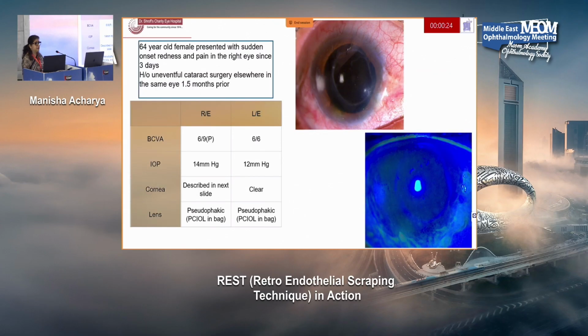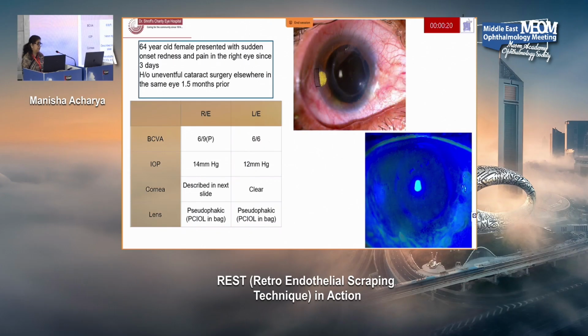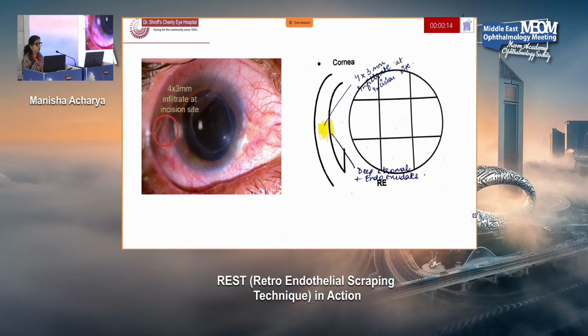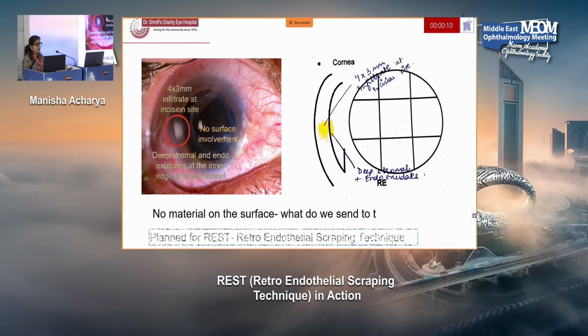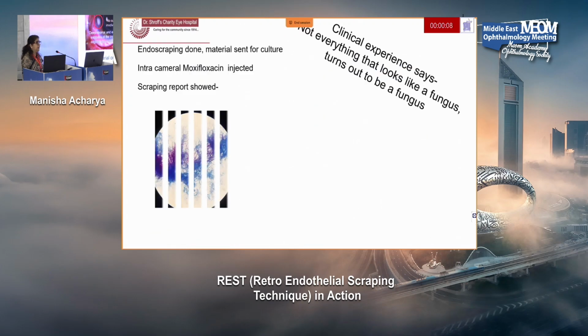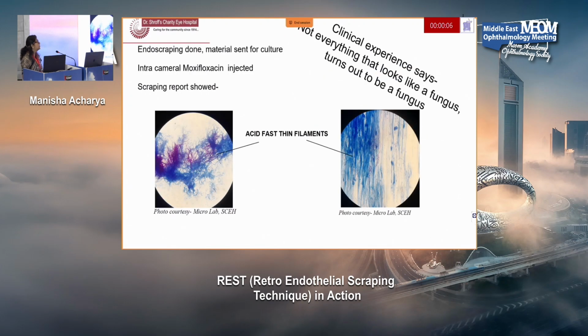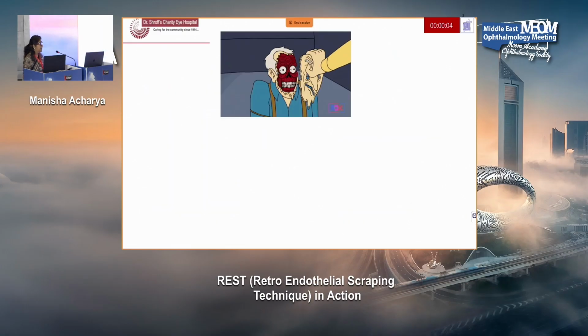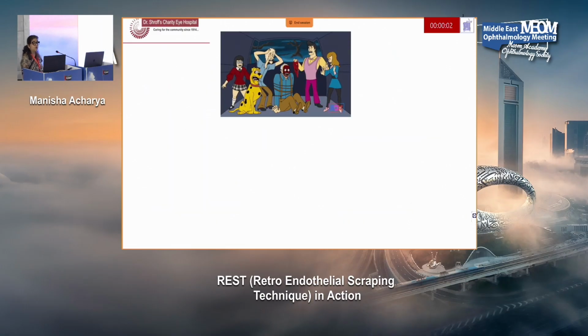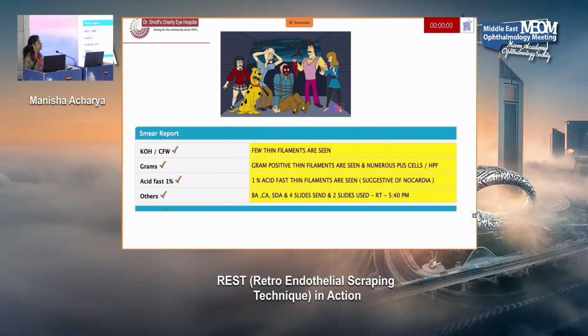Similar case presented to us, wherein again you see on this area, the temporal incision, which is there inside, we went in for rest. And what we realized when we had to go in for the treatment, because there was no material available, immediately after that I had some inkling that it may not be fungus. What it grew was nocardia. So it's very similar to what it was before. One was fungus and one was nocardia.